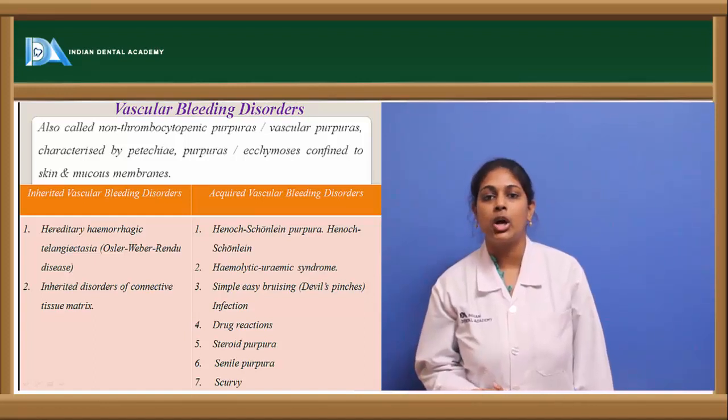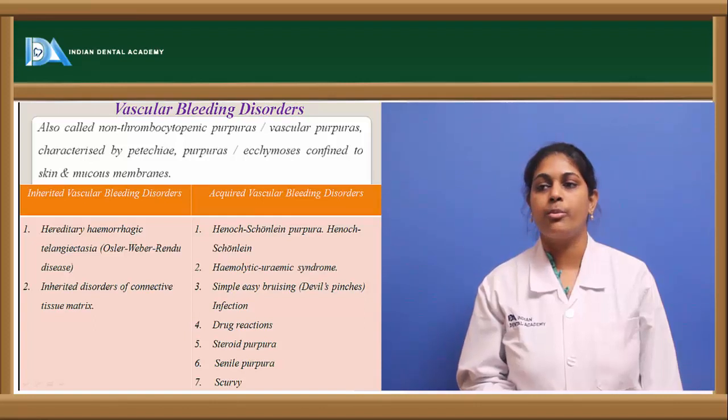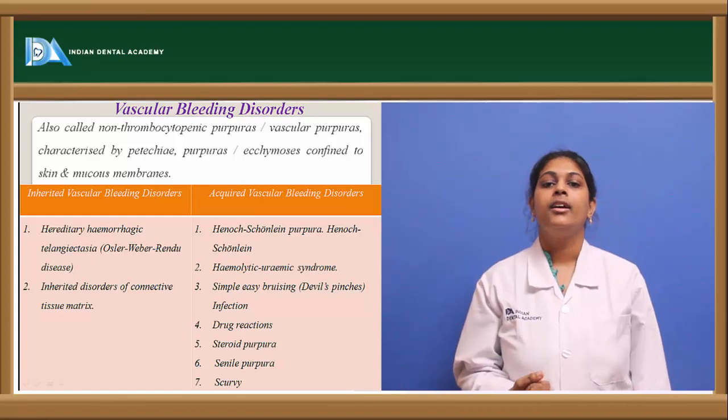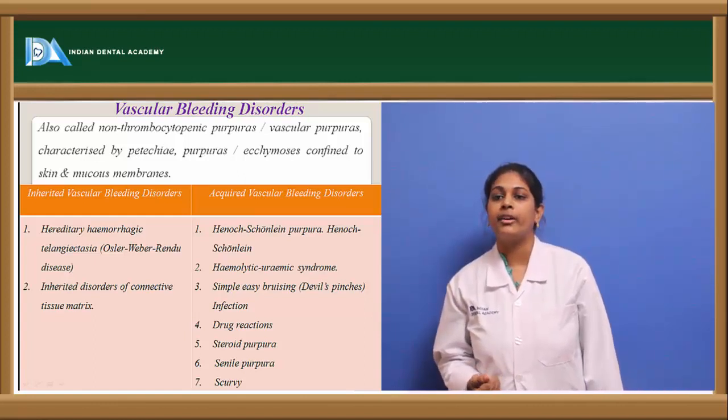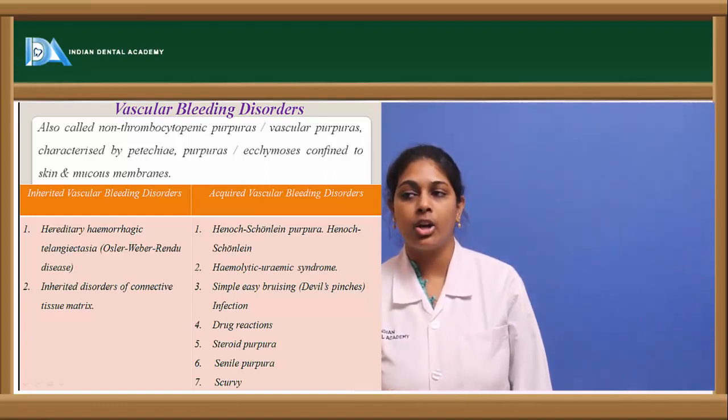So any disorders seen in the connective tissue matrix, such as Ehlers-Danlos syndrome, or basically any defect in the collagen, can result in inherited disorders of the connective tissue matrix. Coming to the acquired vascular bleeding disorders,